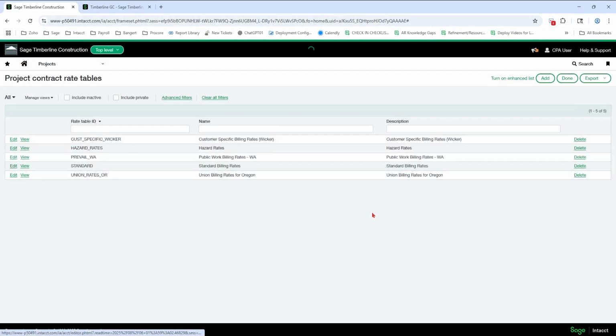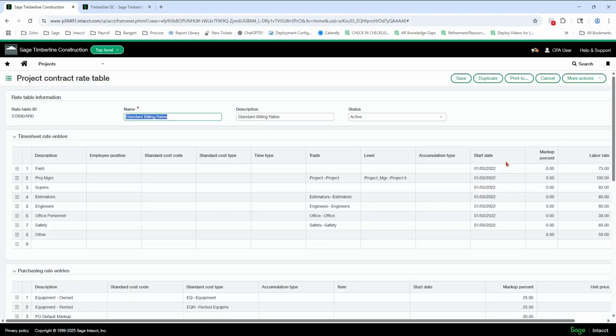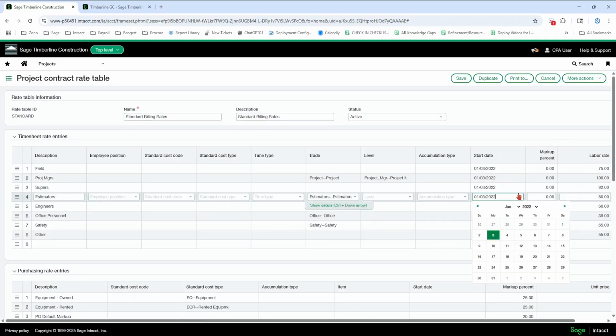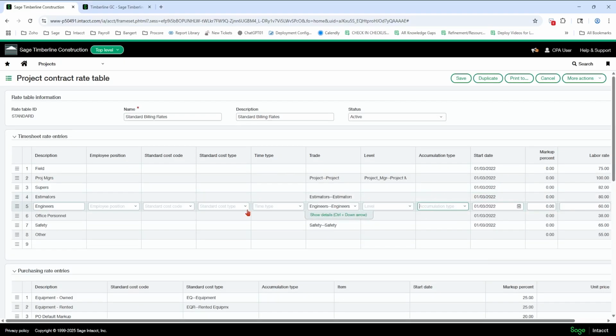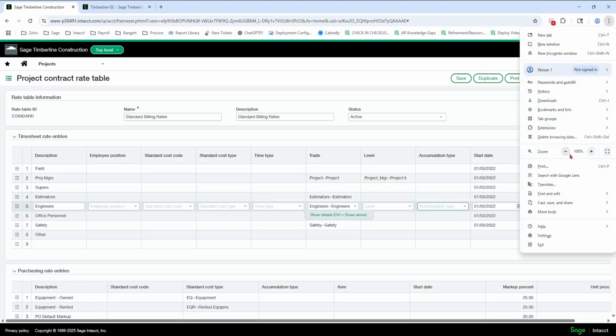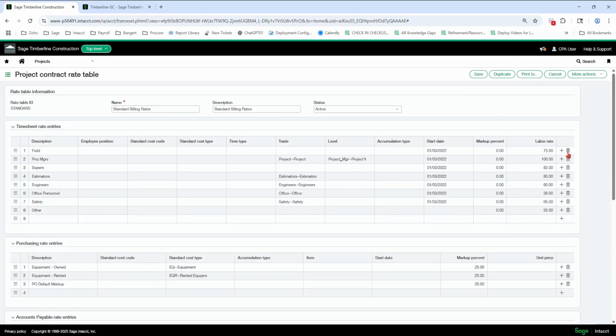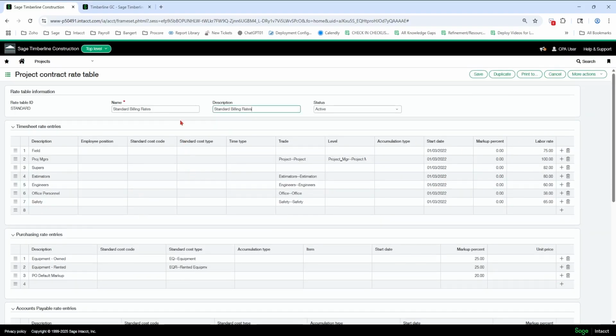So if I click edit, the tables look more like an input table. Okay, so how they're going to look when you type in the information with these white boxes. So I'm going to zoom down a minute so we can see all of the screen. So to edit a rate table, I am going to come down here into the grids and I am going to make some changes. I first want to explain the different areas here and what you can do in each area generally, and then we'll talk about the specific fields and how this all works in the rate table.